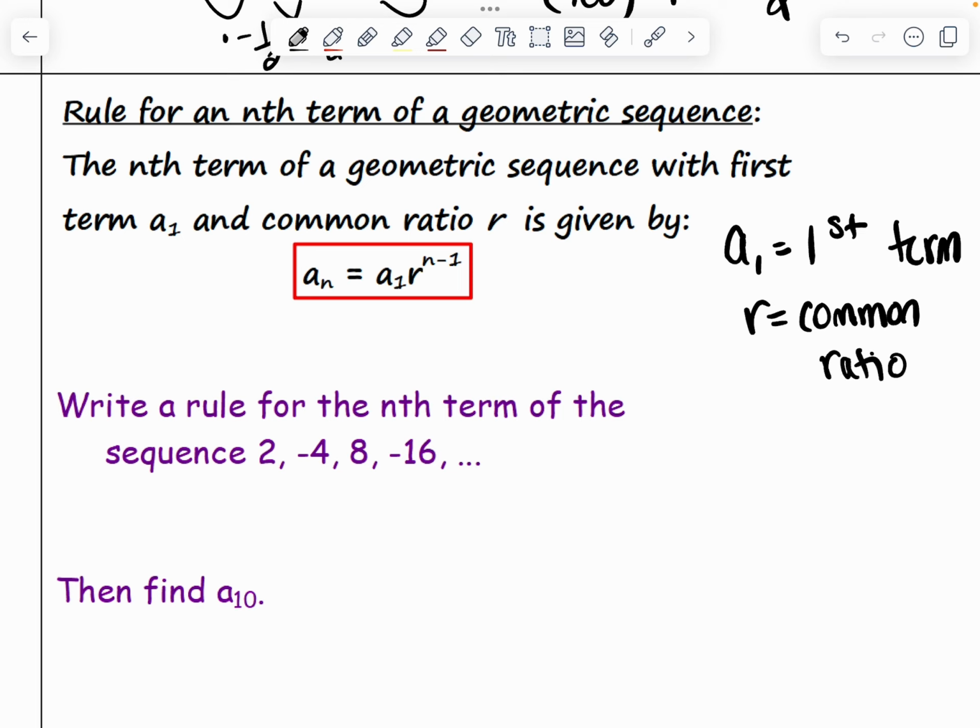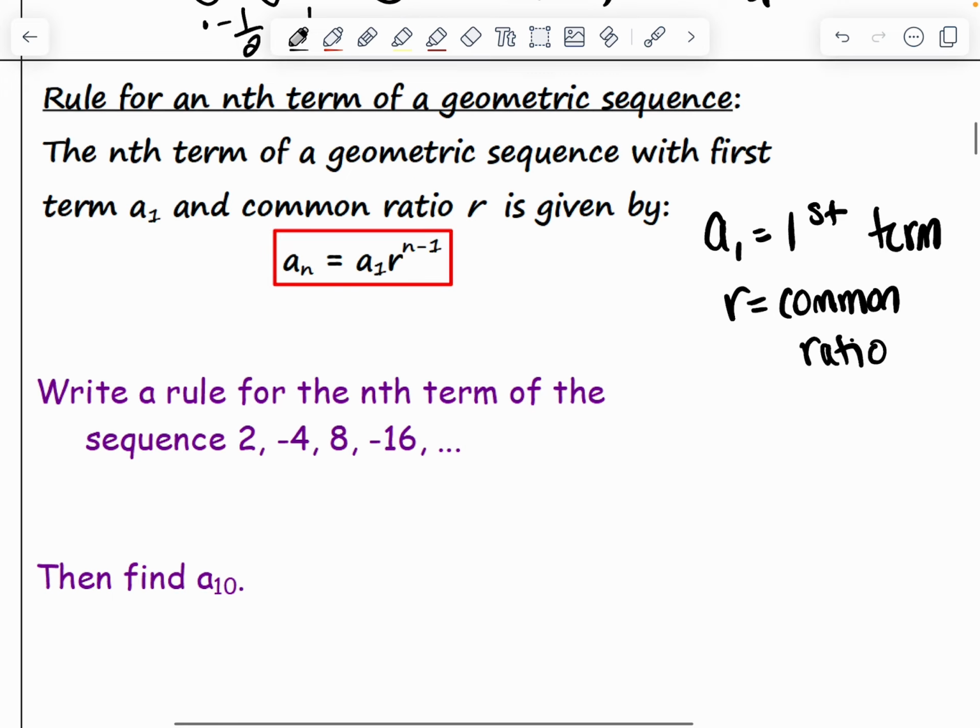And because geometric sequences are multiplying by something every time, they're growing exponentially or decaying exponentially. So they're going to represent similar to the a times b to the x, the exponential growth and decay functions that you've seen in the last unit. So a sub n represents our output of our function, or our y. A is our initial value, and that's our first term in a sequence. R is our base, or our common ratio, and the only real difference is instead of just to the x power, it's to the x minus 1 power,